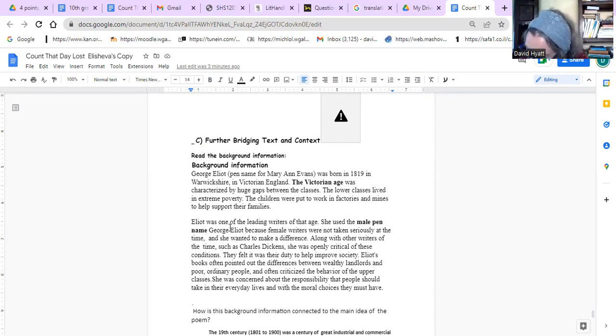Okay, so I forgot the word to point out. To emphasize, to note. George Eliot, sorry, I disappeared for a while from the window up there. George Eliot